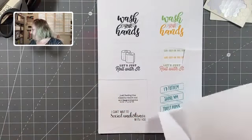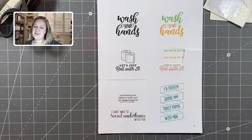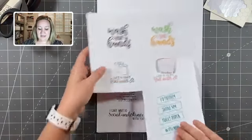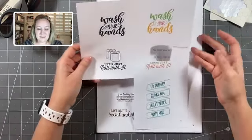So like I said, there's 15 pages, and some of these downloads are super cute and perfect for what we're going through right now. Now I cut some of these out because we're going to use these for our projects,